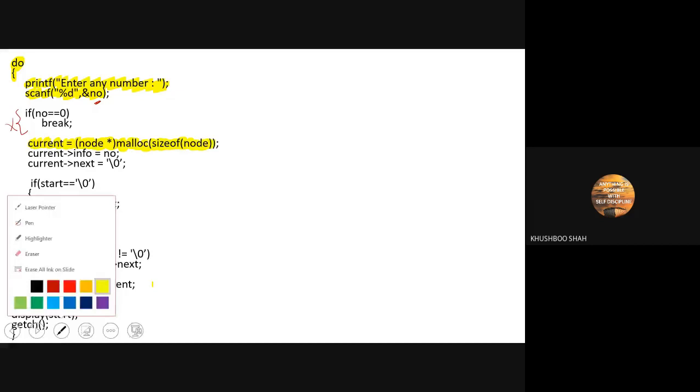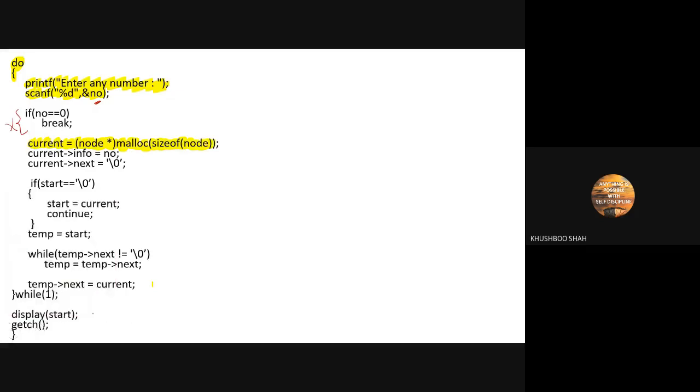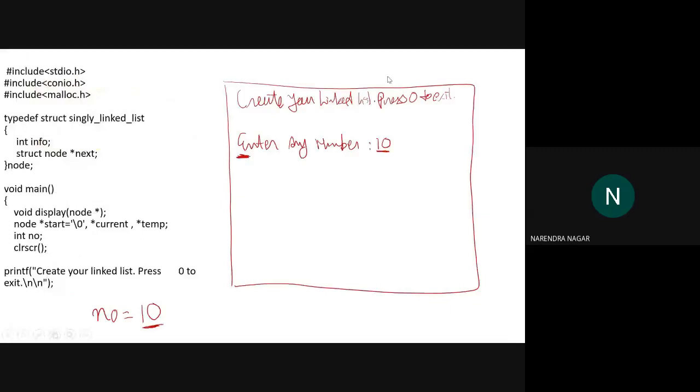See, what is current in our program? Remember this? It's a pointer variable which is going to store the address of the node. Perfect. So here we have the current variable.